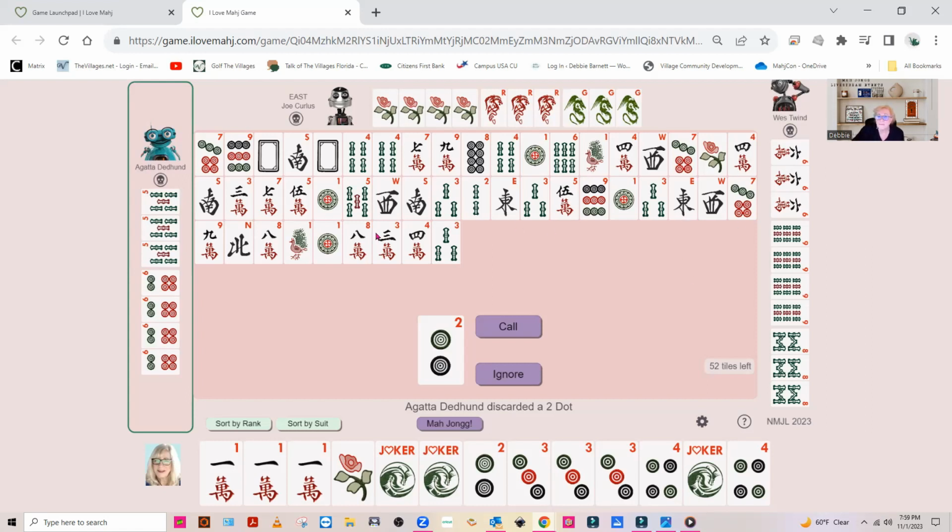Let me see. 2, I could call the 3. There's none out. None out. And I just need that flower. Would I be crazy to do that? But because if I do 1, 2 crack, 3, 4, I'm actually in a better position with this. So I think I'm going to call it. Oh my goodness. This is like nuts. I hate to do this. I just have to hope I get,